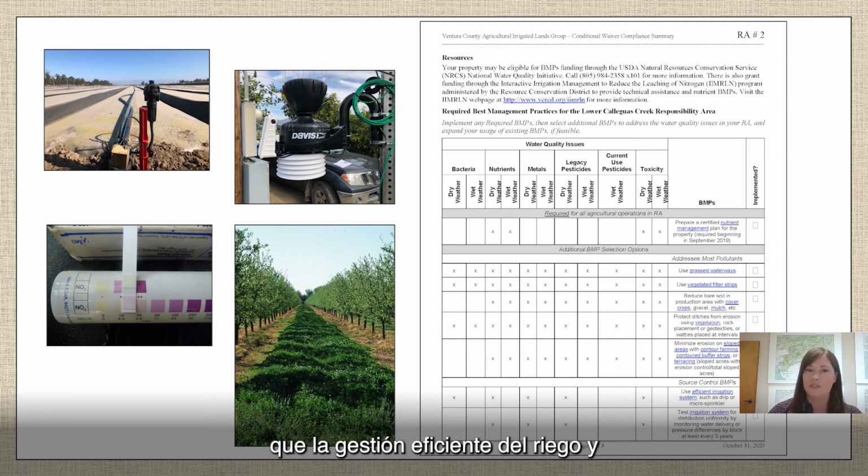And some of the most effective BMP recommendations involve irrigation management. And this is because efficiently managing irrigation and preventing dry weather runoff is overall the most effective thing that a grower can do to prevent the discharge of pollutants. So this would include things like conversion to drip or micro sprinkler systems to efficiently apply irrigation water, using automated irrigation controllers or weather systems to determine when to irrigate,